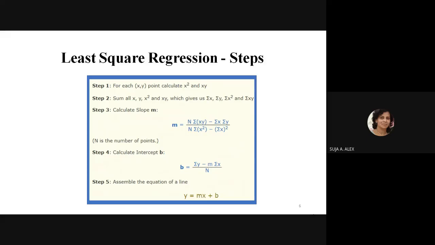Now let me substitute these two parameters into the regression equation. We got the output y equal to mx plus b. One important challenge in least square regression is that it is sensitive to outliers or unusual data points. Sometimes it may lead to skew in the results of least square analysis. So we can also use other estimation methods to estimate the parameters, and we can measure the model accuracy.